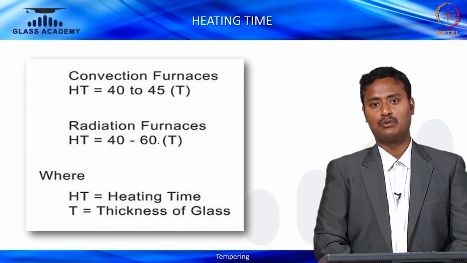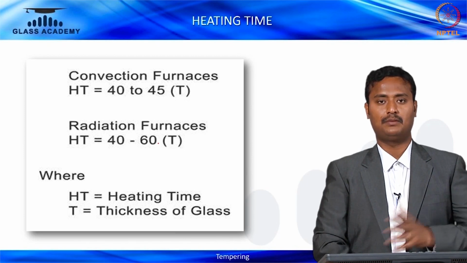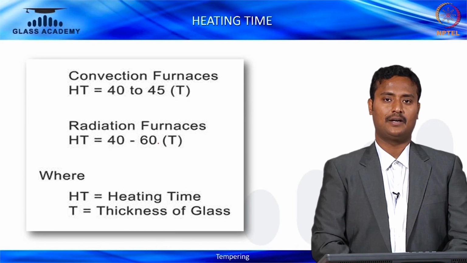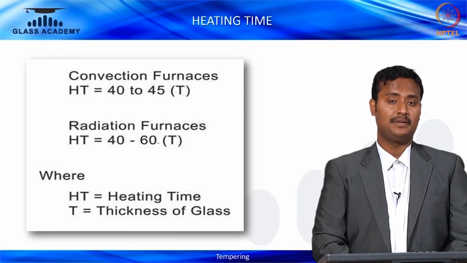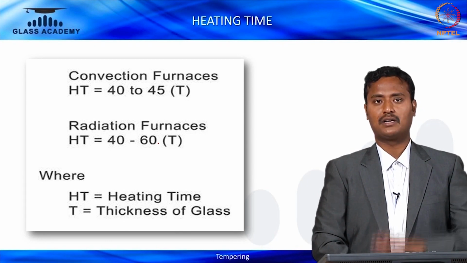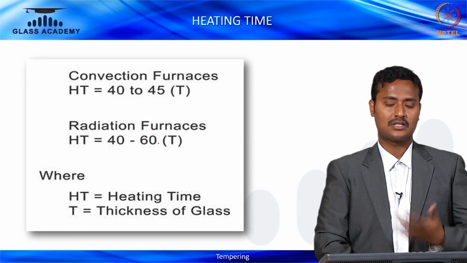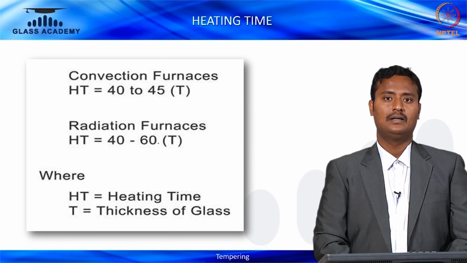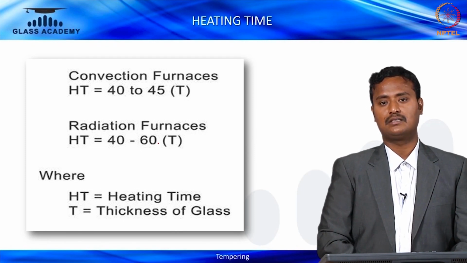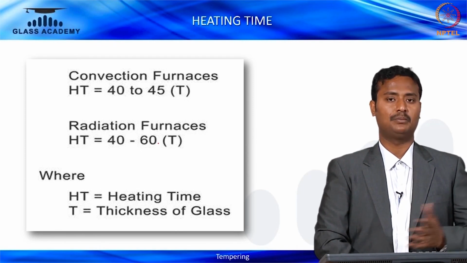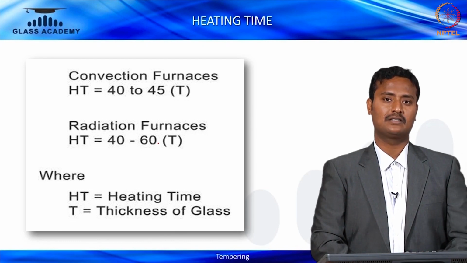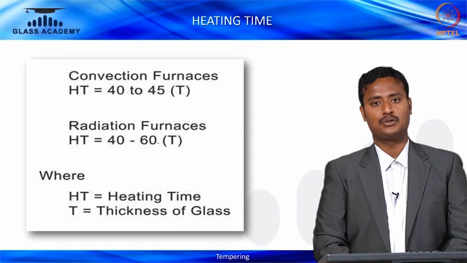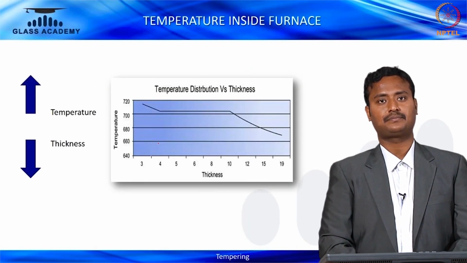This is the thumb rule, the basic principle, but depending upon the glass output, you have to change the recipe, the heating time, accordingly. But when you start testing, you should know how much normal heating time can be fed for 6 mm, 8 mm, 9 mm. So basically, you have to multiply the thickness by the heating time. That's the first simple process you should understand about heating time.